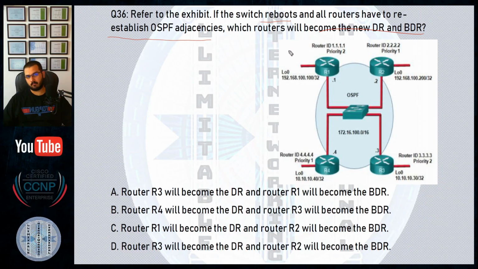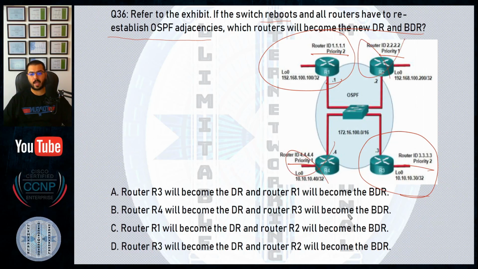Number 1, the highest priority. Okay, so this is priority 2, 1, higher than 1, and 1, 2, so different priorities. Okay, so this will be by taking a DR and a BDR, and they will be the guys with the higher priority. So I will choose this one and this one because they have a higher priority. So R1 and R3 will win,